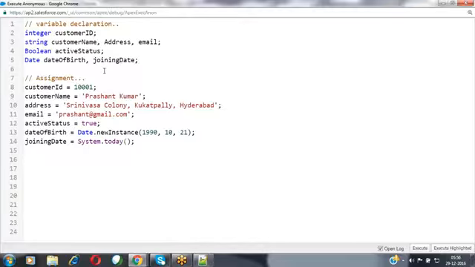You are already aware of this today function from formula fields. During formula fields, we discussed a function called today, which returns today's date to you. So now I'm using System.today. Here I have defined the variables and assigned the values for those variables. Once you have assigned the values, then print the values of those variables.